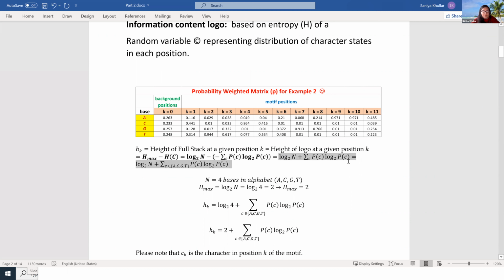And what you can do is, when it comes to DNA, this is how you find log 2 N. N is the number of bases in the alphabet, A, C, G, or T. So there are 4 bases. Then H max will be equal to log 2 of N. So log 2 of 4 will be 2. And another way, in case you don't remember logs, and I don't blame you, it's been a while, if you have a log